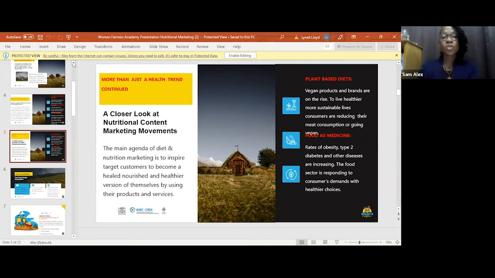Some persons are still consuming meats, but looking for healthier meat choices like antibiotic free. They're looking for free range. They want meats that are, the happy cows. That is why the livestock industry would put out these advertisements with the happy cows and the dairy industry, because they want to evoke the message to customers that the animals are being treated well. So you have persons going to plant-based diets for that reason.